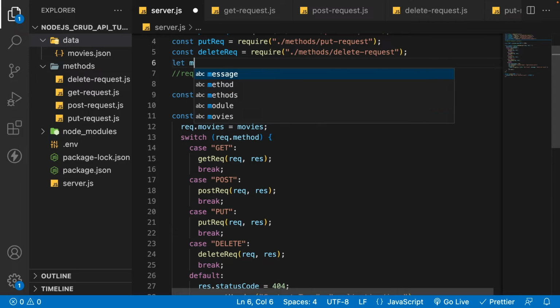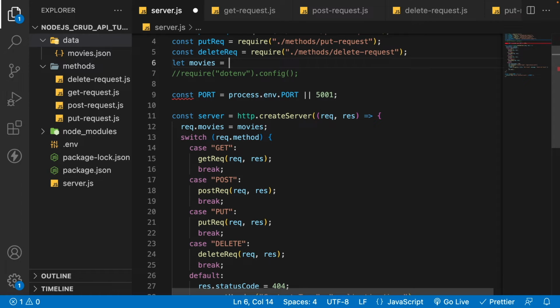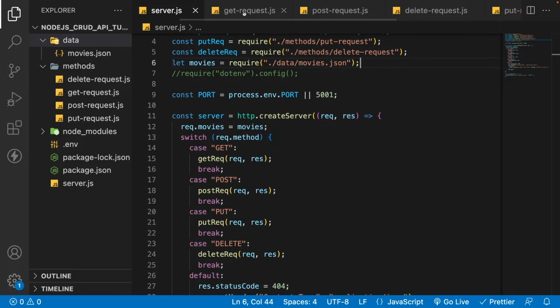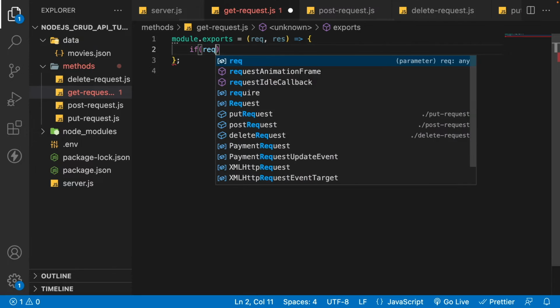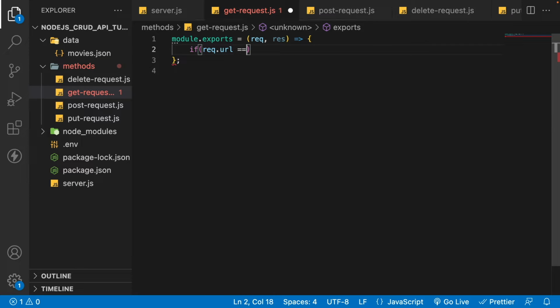I will have let movies, because the movies is going to be changed when we add new movies or updates, so we are not going to use a constant variable here. Then I'm going to have the require, and in that I will have the data/movies.json. Now if we go to the get request, first we are going to fetch all the movies. So to fetch all the movies, if my request.url is equal to /api/movies,